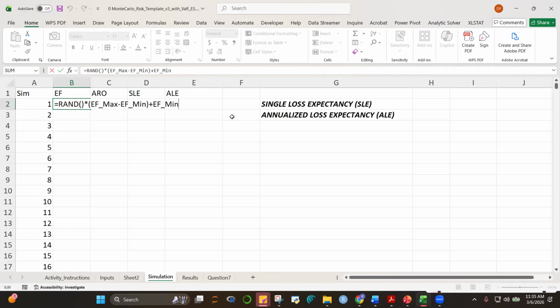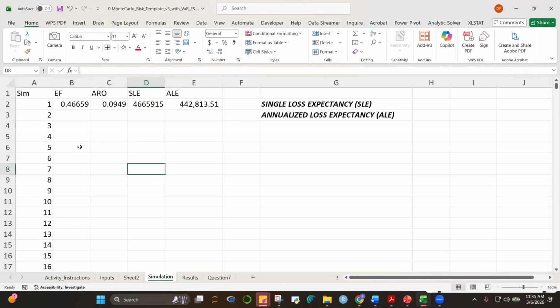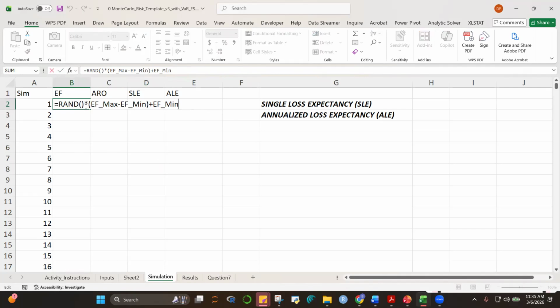That way, yung EF natin, hindi bababa ng minimum. Kasi we're getting the maximum and the minimum, subtract, and then multiply it by a random number. So this will be a number that can be very small or relatively bigger than the other. So let's do that.